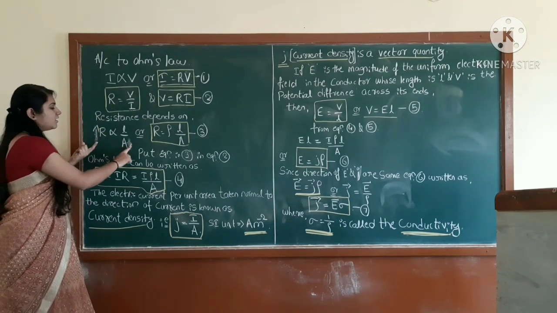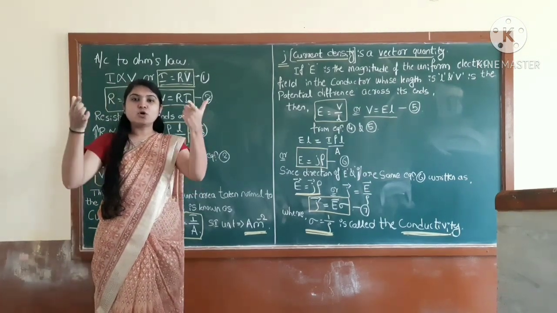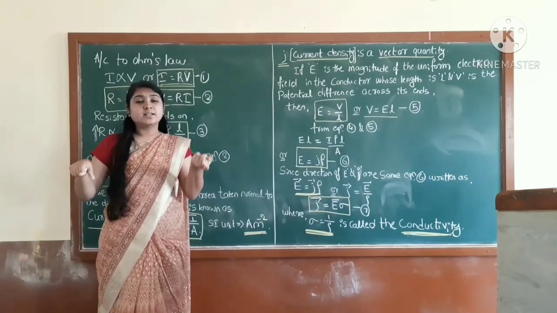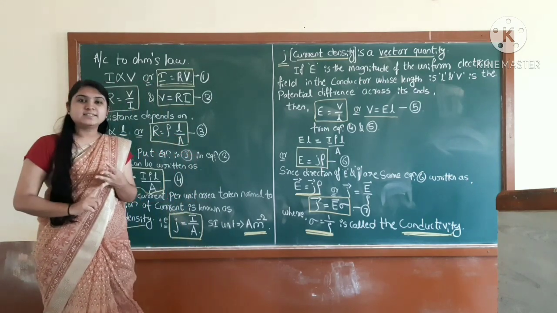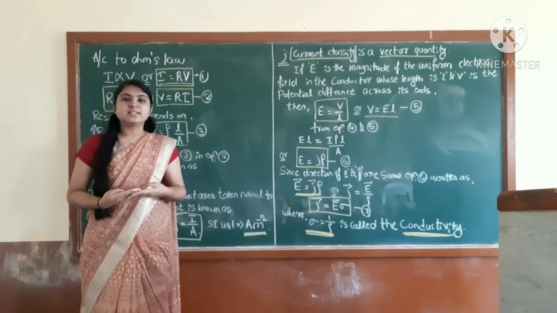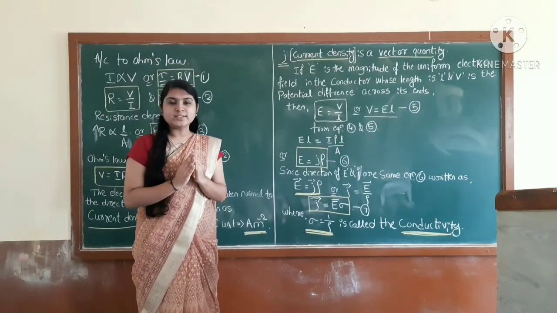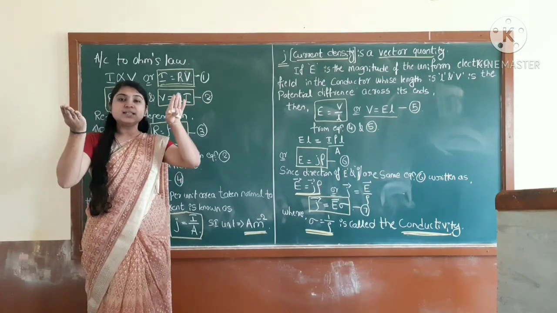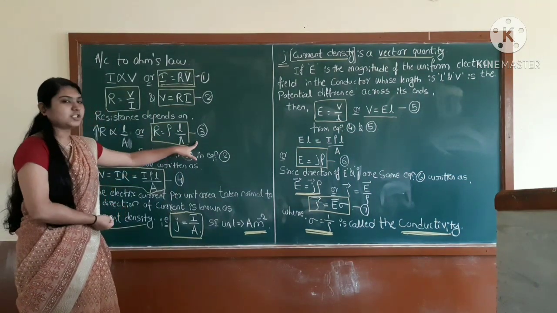Then take an example, the length of the conductor or the wire. If the length of the wire is more, resistance is more, and of course current starts to decrease. If the length is less, then resistance will be less and current starts to increase, because we know that resistance and current are opposite, correct? The definition itself says that resistance means opposition to the flow of the charges, correct students? So when the resistance increases, current will decrease. When the current increases, resistance will decrease, right? So take it as equation number 3.